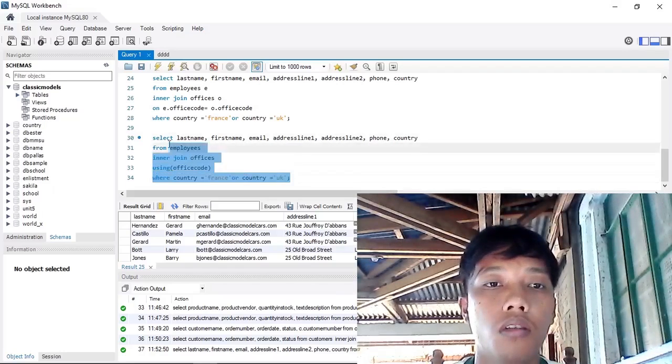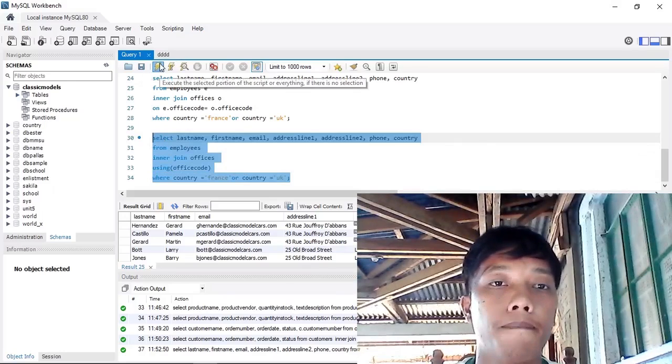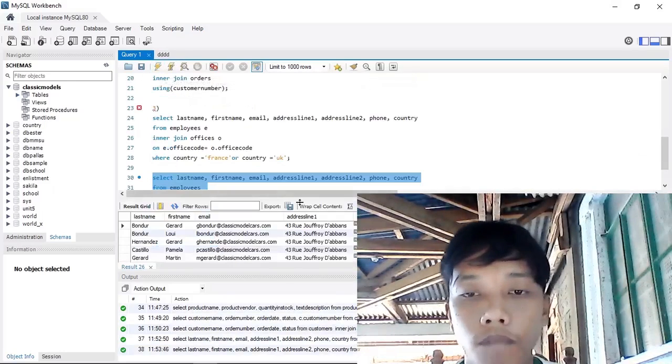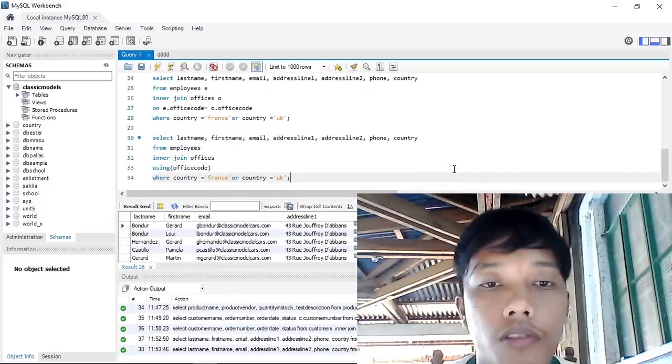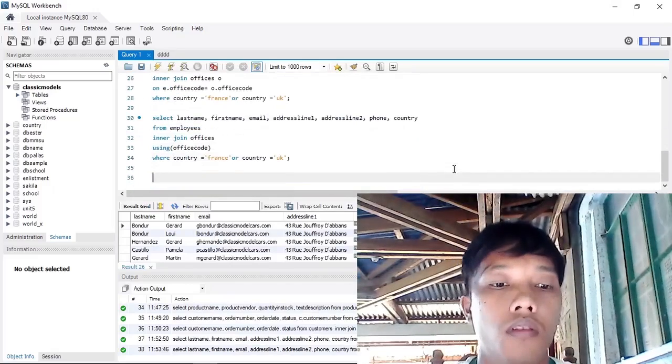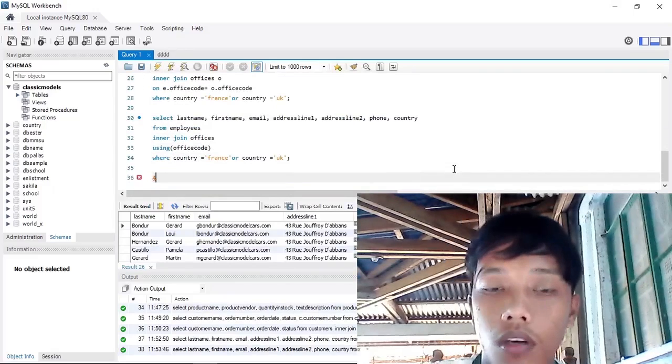Then I'm going to run this. Yes, the same output. Then task 4.